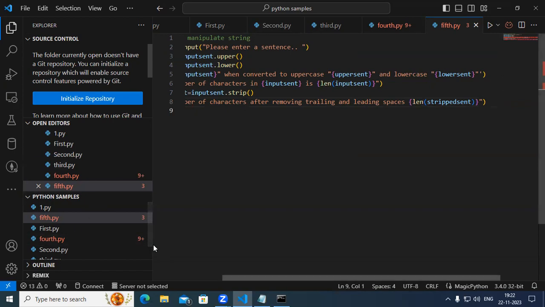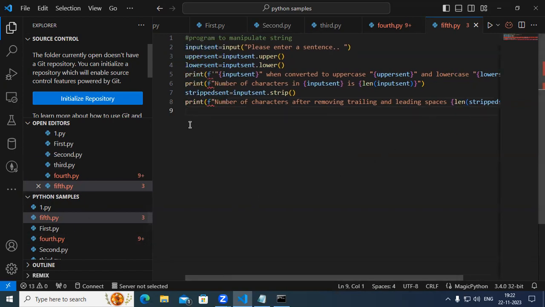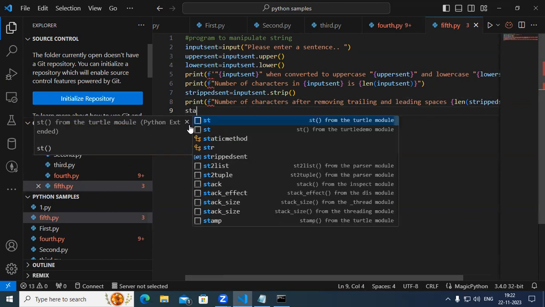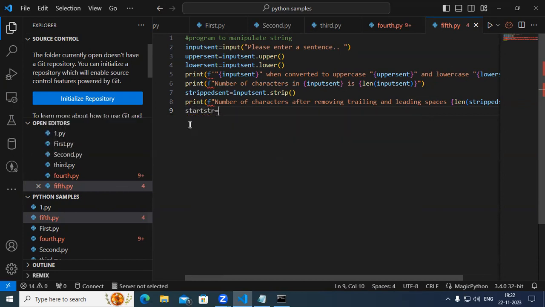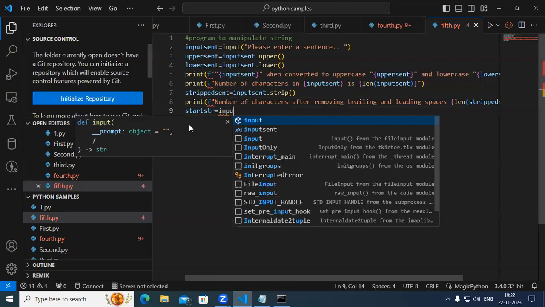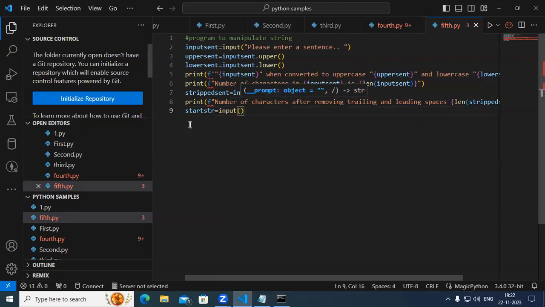So here, next one, write start str, here write input, please enter starting part of the string using which you find